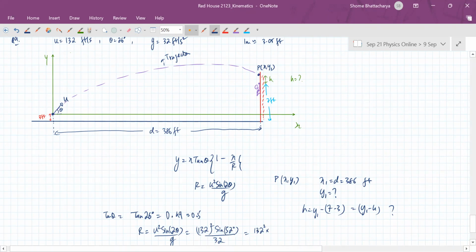So nearly 0.8. Okay. So it's 0.79. So this R will come out to be, when we calculate it,